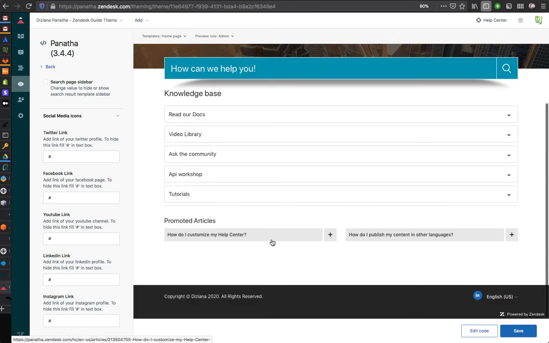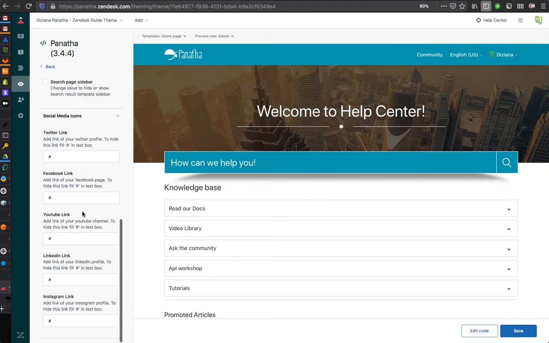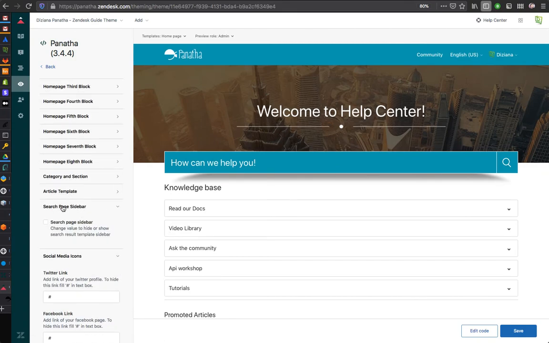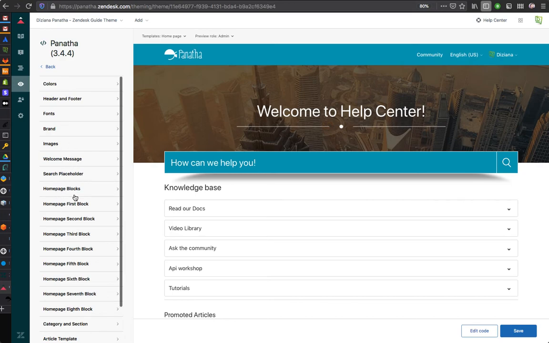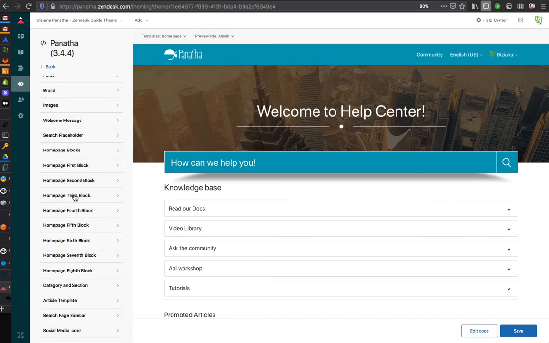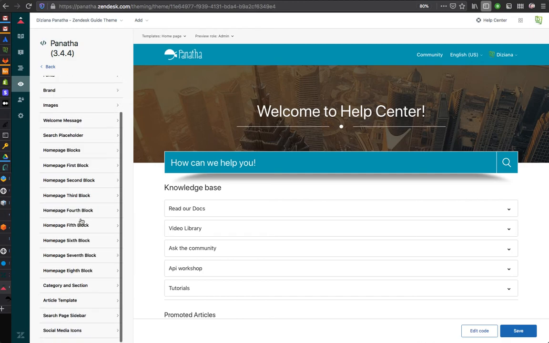Yes, so these are the settings, and earlier there was a limited number of settings that we can expose over here. That has been changed. We made a request to Zendesk to increase the limit numbers, and they have done it, and thanks to Zendesk.